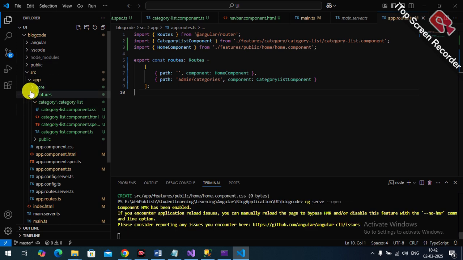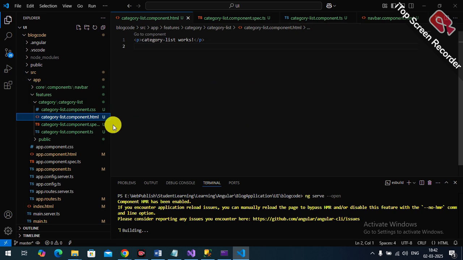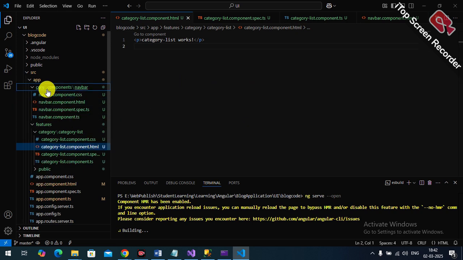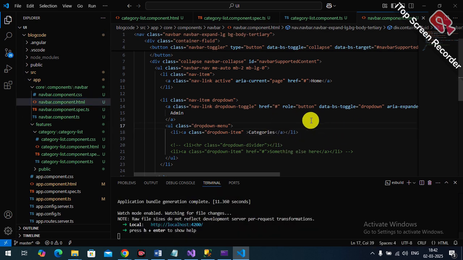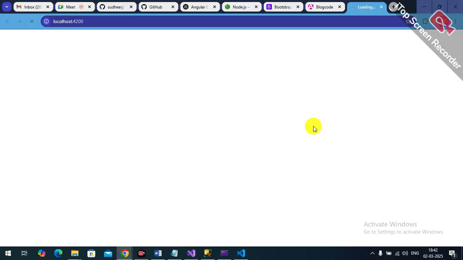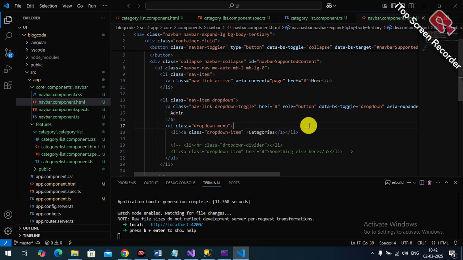I need to change under, go to the core navbar, and here we need to add, sorry, why did I do that. Navbar, and here only go to the footer, run them. Let me close every file so that, yes, it's here. Okay, so now here let me add this one, router link. Router link, the spelling is correct, router link slash,